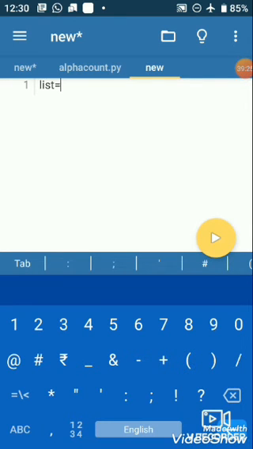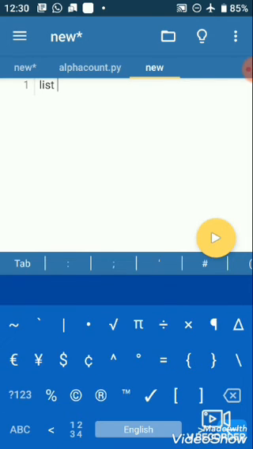So here we are creating a program where we take input the elements from the user and then give output maximum value, minimum value, and the average value of that list. So here just define a list, that is a blank list, it contains nothing.